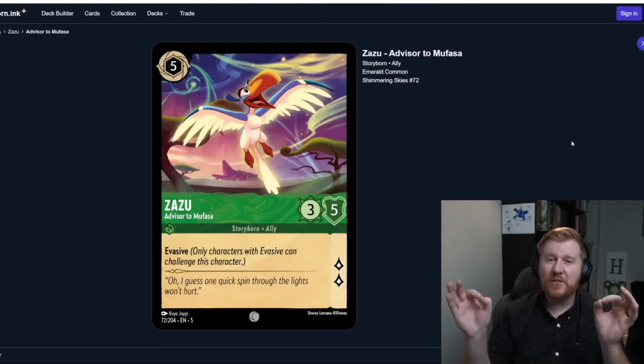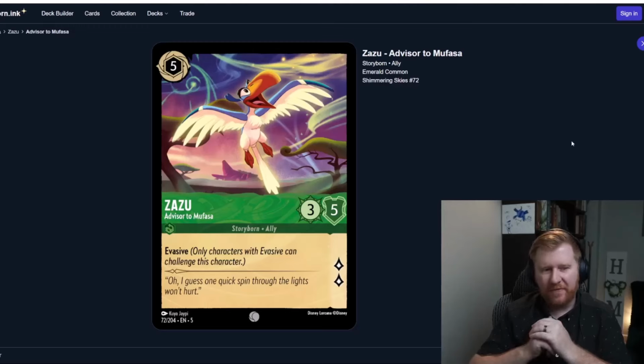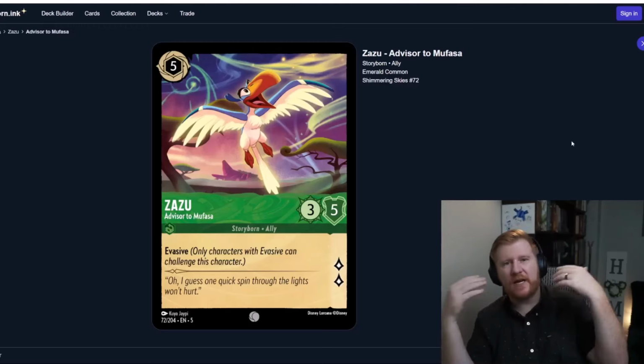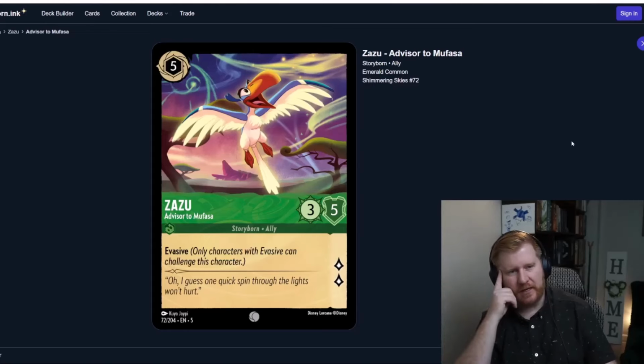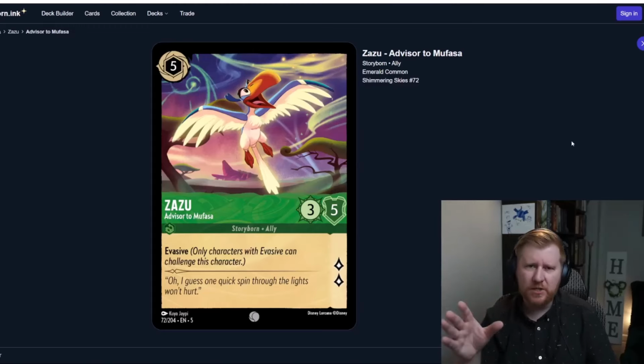Think back to how much we loved Goofy in the first chapter as a 3/4/2 lore. A 3/5/2 lore evasive is going to get that challenge in that I'm looking for, assuming that I don't want to just rush and quest out for the 2 each turn. And then we'll quest for 2 subsequently, with it being very hard for my opponent to interact with. Very happy with that. One thing I would say is, if you're going to run that line where you actually use him to potentially challenge,